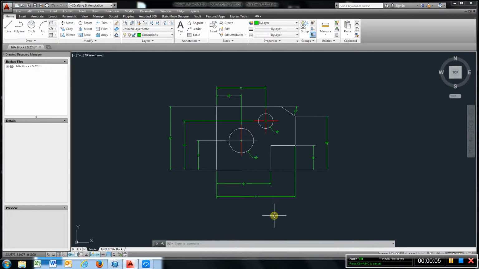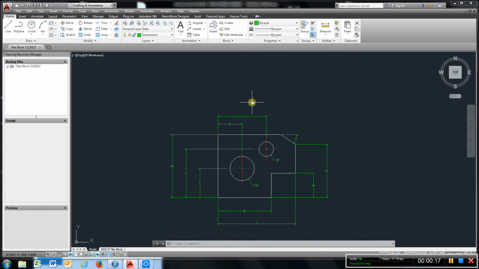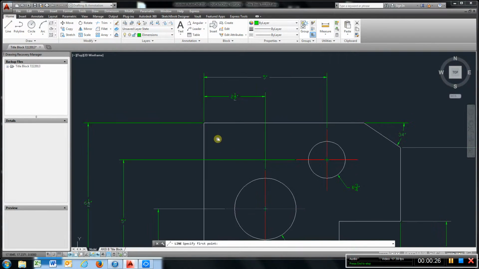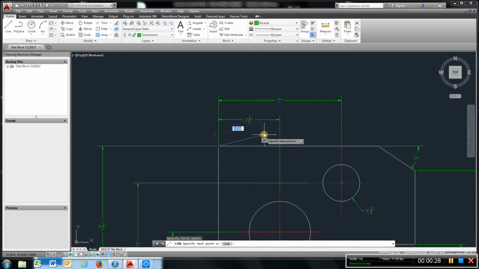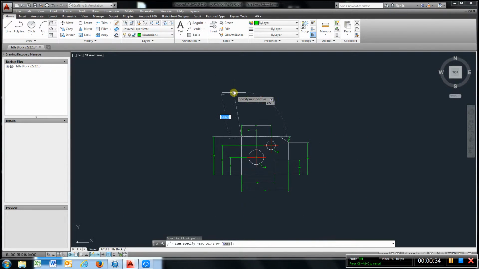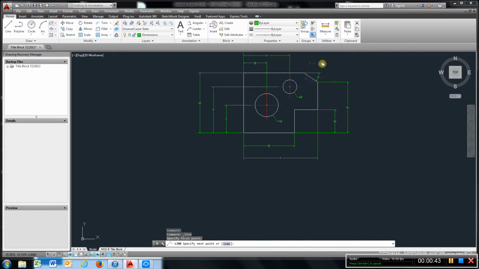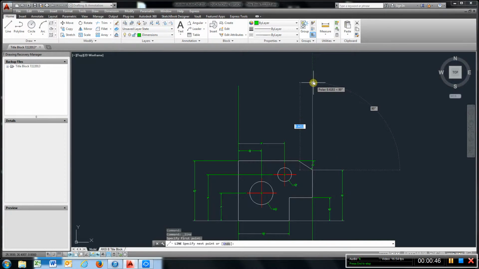Alright, chapter 1.0. This is the second video. We currently have our front view, and we now will continue with the top view and right side view. What I'm going to do is just come over here to line, and I'm going to temporarily grab that corner right there. I'll zoom in to make sure I have it. Zoom out. I'm going to come up there, grab another line, come to this point, come up to there,